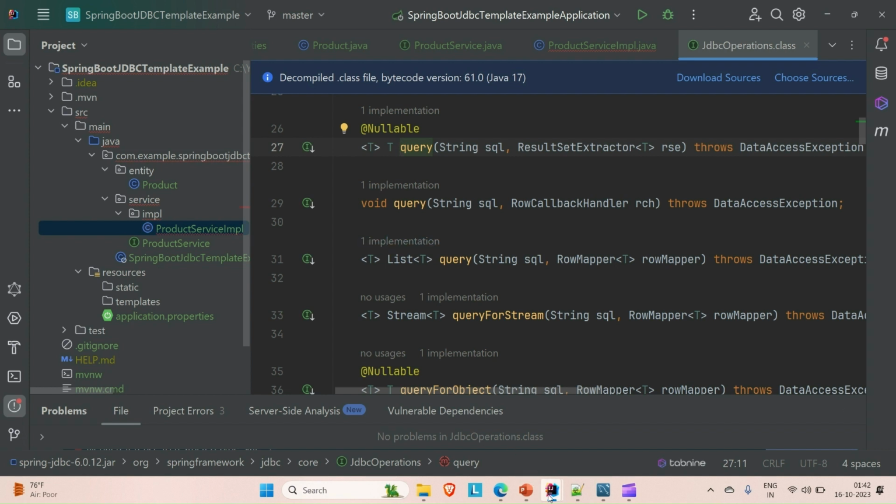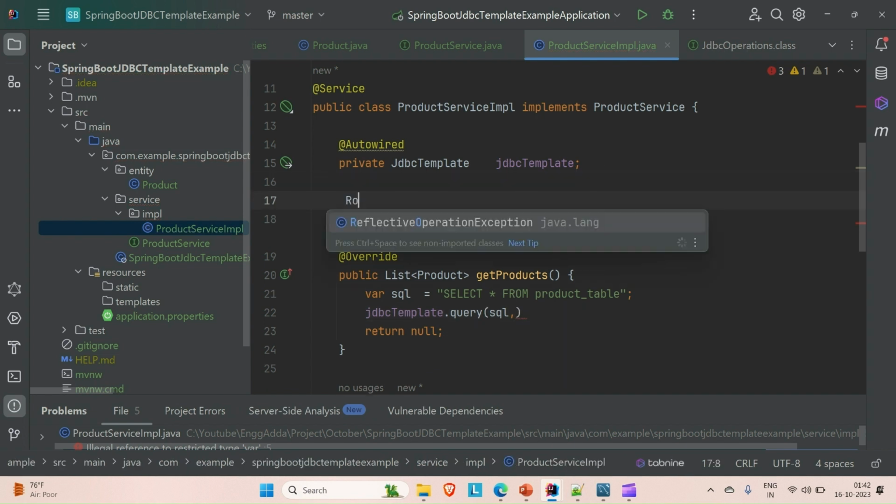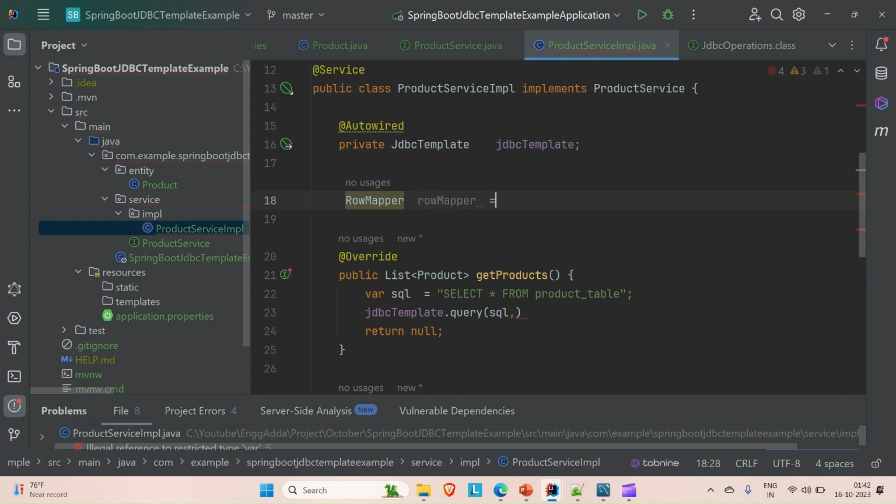So let me come here to the implementation class, and here you can see we have the query method which is coming from the JDBC template. We need to pass the SQL query that we have written above, and then the second argument we have to pass is the row mapper. So we have to create the row mapper here. Let me try to create the row mapper here. So row mapper, let's say it is row mapper equal to,